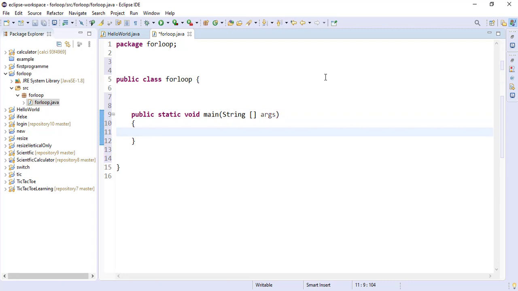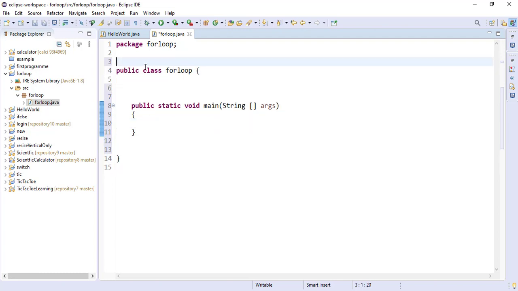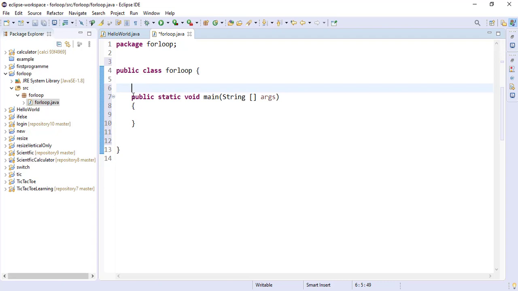But before writing the code of for loop, first we have to understand what is for loop and why we use for loop. So let us suppose you want to print a specific line 1000 times. Let us suppose I want to print 'my name is Brijesh' and I want to print this line 1000 times. So what can I do? I can do 2 things. One, I can use a loop, and the other, I have to simply type the println line 1000 times. If I try to type println 1000 times, it is going to take so much time. So it is better to use for loop.